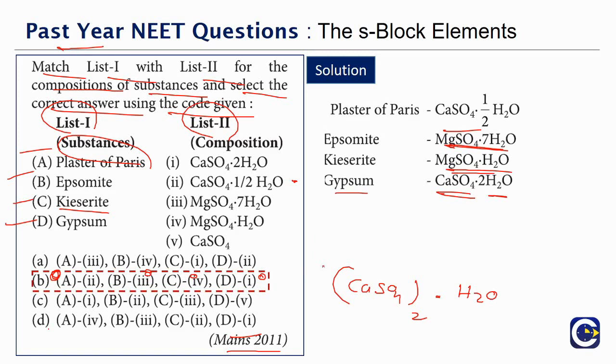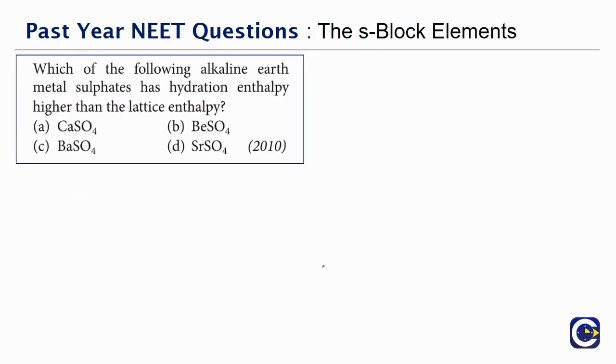So you can see we are able to get to the answer by just matching the plaster of Paris itself. This is the kind of leverage we will sometimes have when it comes to these match the following type of questions, and it happens in most of the cases. In this case, we were lucky enough to get to the answer by just matching one. In some problems, you might have to get 2 of the matching correct, then only we will be able to conclude what is the correct option. So let's move on to the next question.